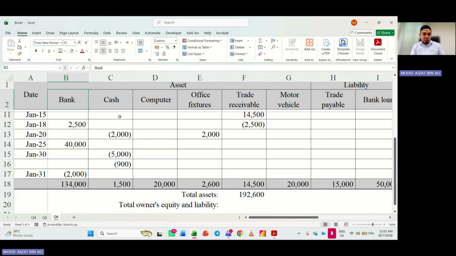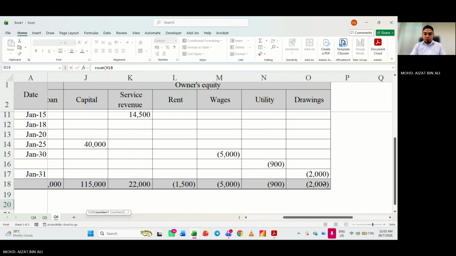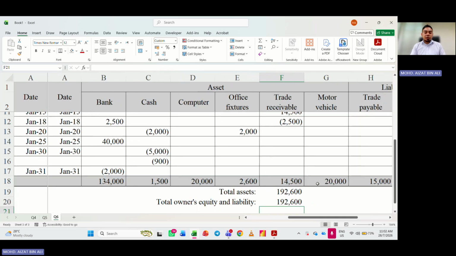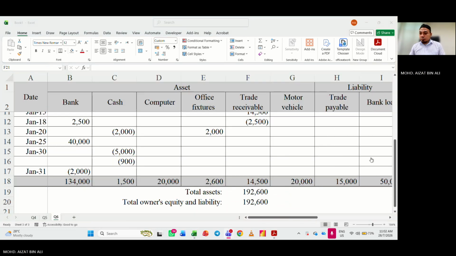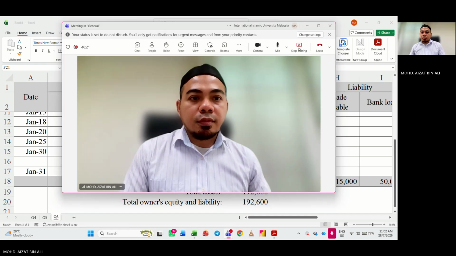Somehow it was not displayed. And then the total liability and owner's equity. So this is the total amount. All right. Where is it? Okay, this one. By the way,